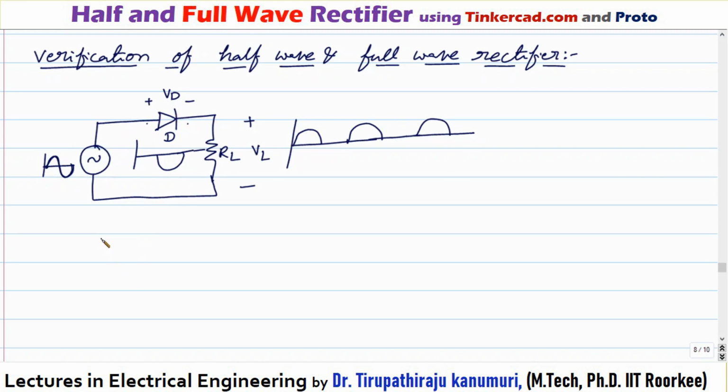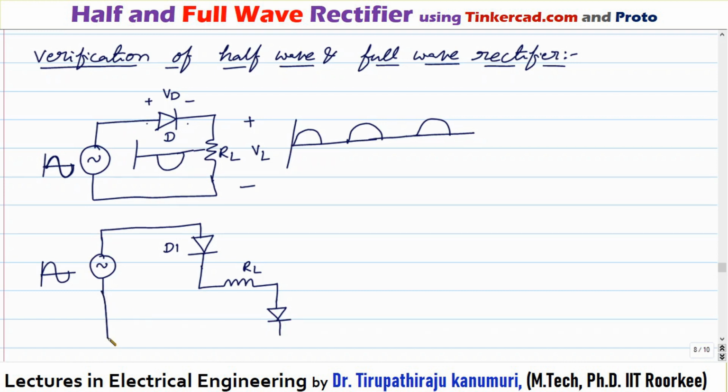that will be equal to 0.7 volts. So let us take another case. I am just making a small change in the connection. This is my supply, and I have connected this diode, which I am representing with D1. Let us assume I am taking my resistor here. This is my load resistance, and the second side of the load resistance is also connected to another diode, D2. Let us see what will be the voltage drop across your load resistance.